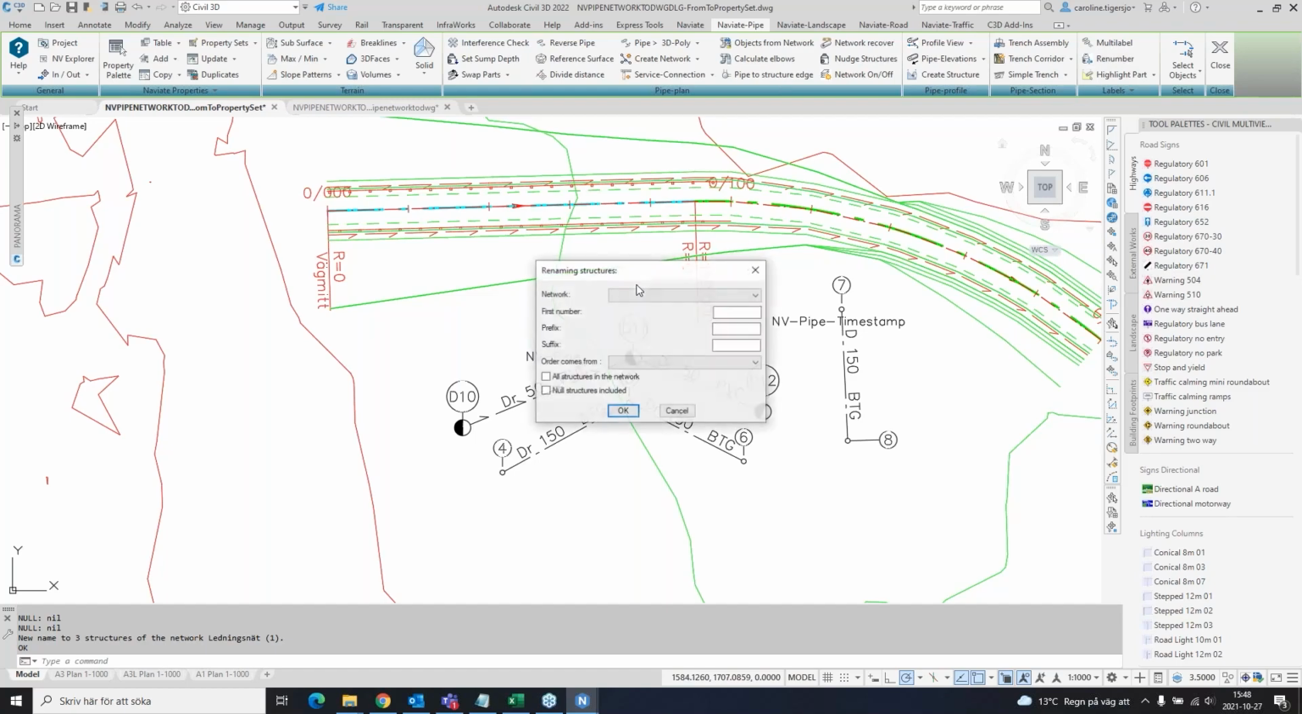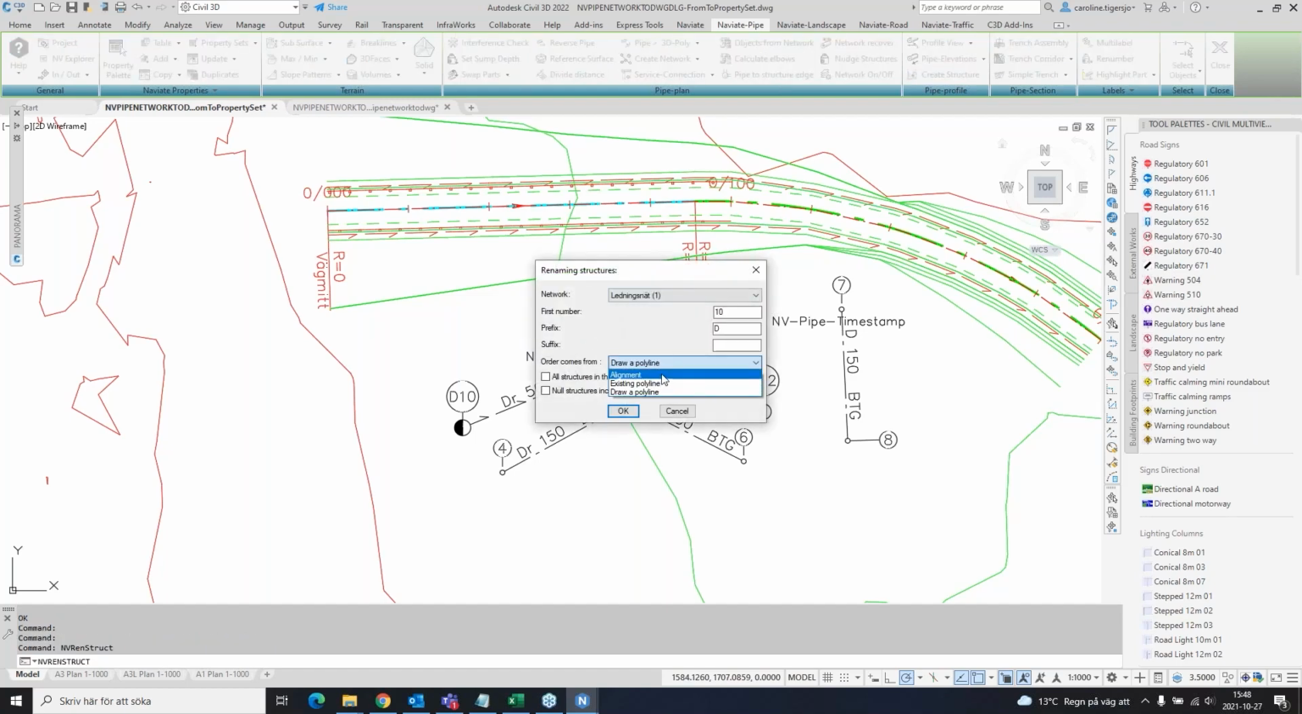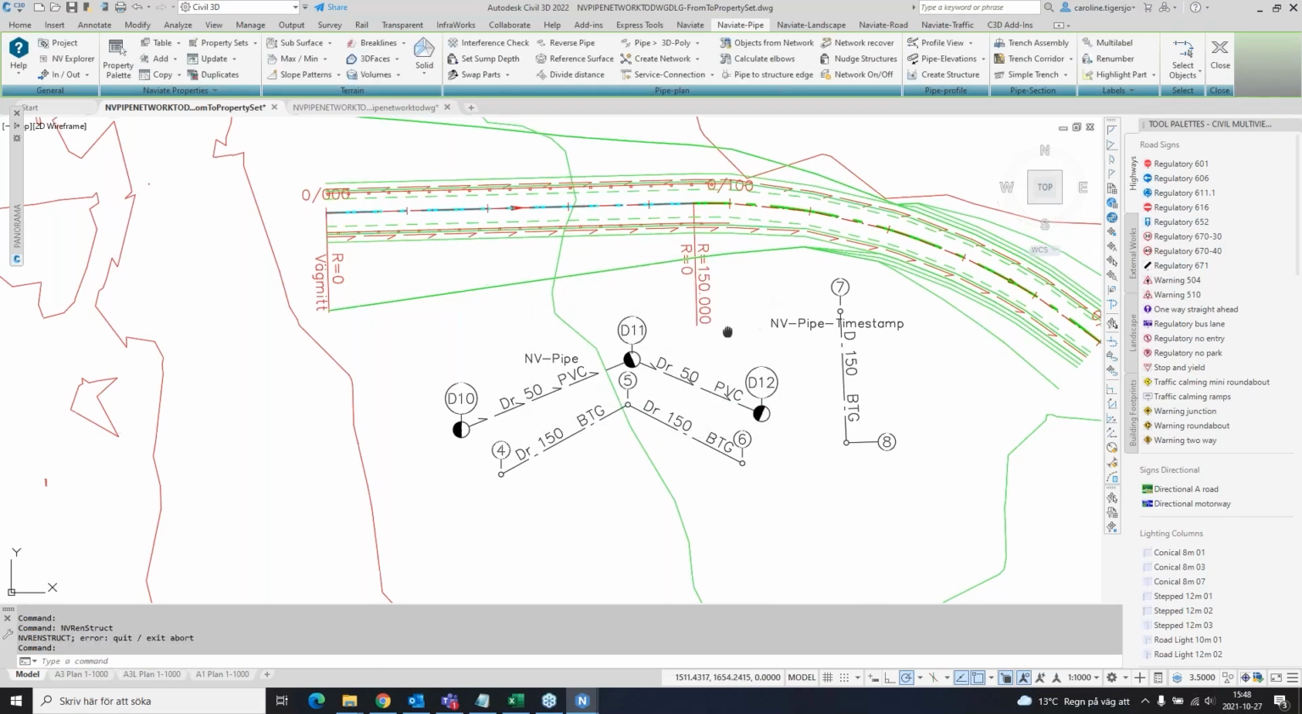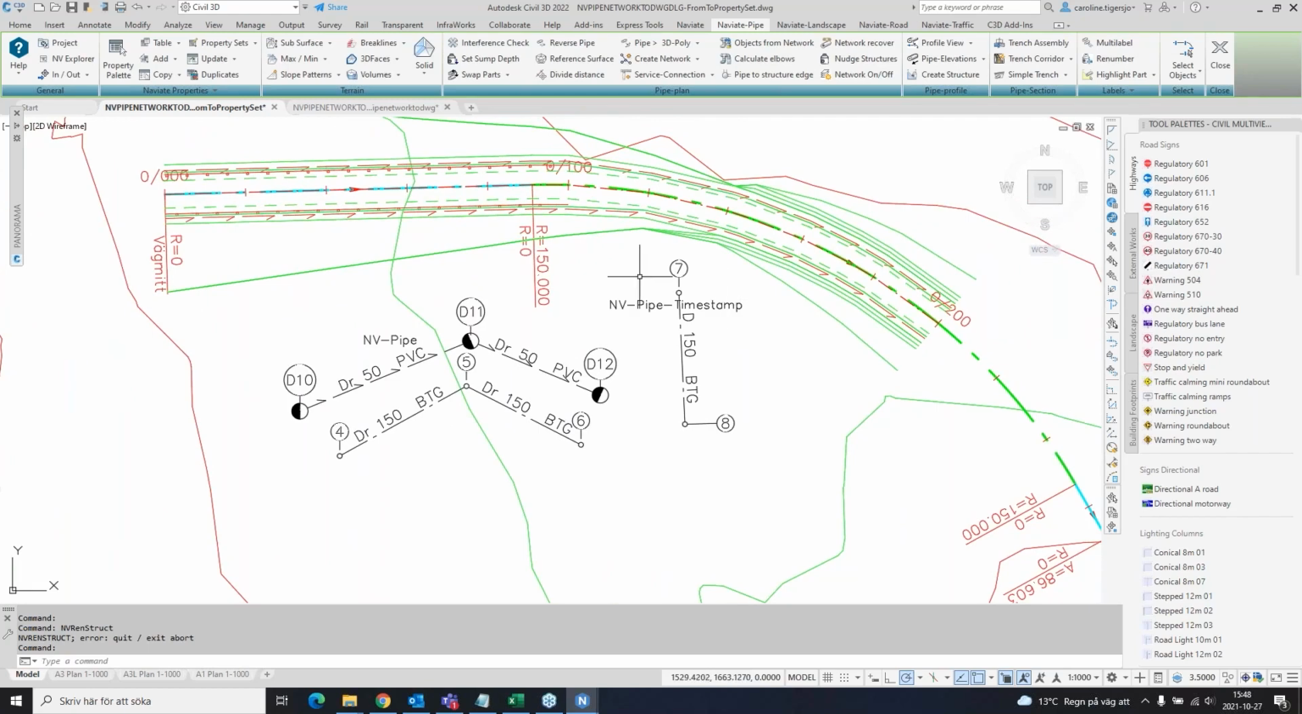And of course you can also do it along an alignment. So if you have an alignment already, then you can renumber the structures along there. And it doesn't really matter what you select, since you've already selected your pipe network here. So it sort of makes more sense on how to do this when you do renumber sequence. So that is also a brand new command that is coming with 22.2. The third thing that I wanted to go through is the